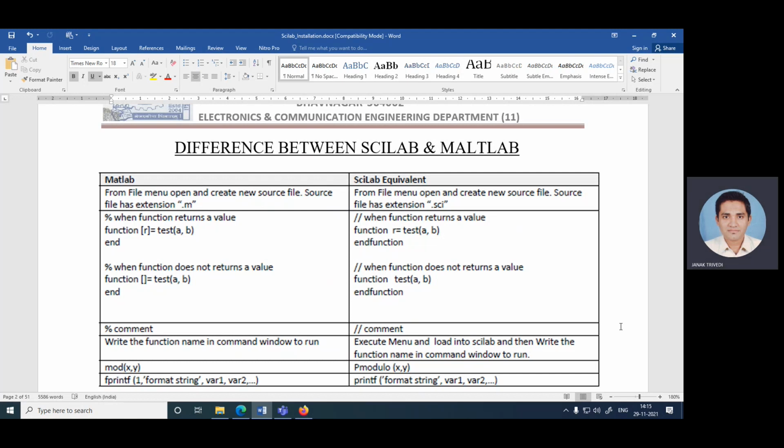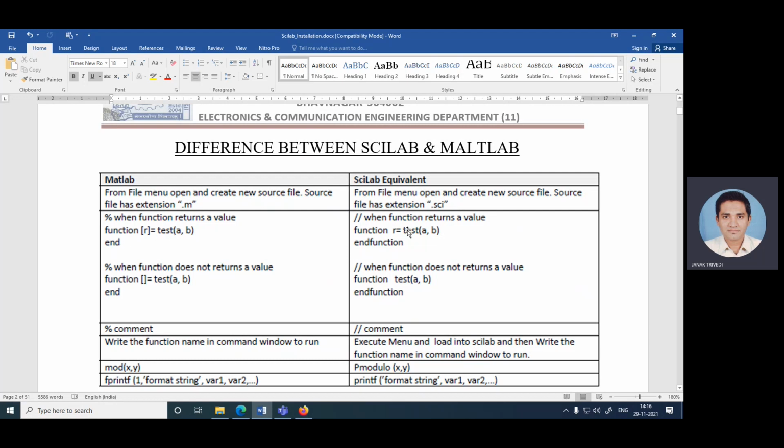Like in MATLAB, from the file menu, open and create a new source file. Source file has extension .m, whereas in Scilab, source file extension is .sci. When a function returns a value, in MATLAB: function in bracket r is equal to test in parentheses a comma b, and end.